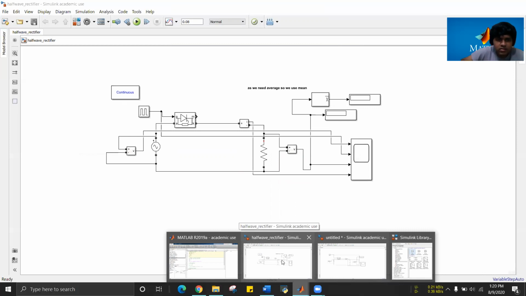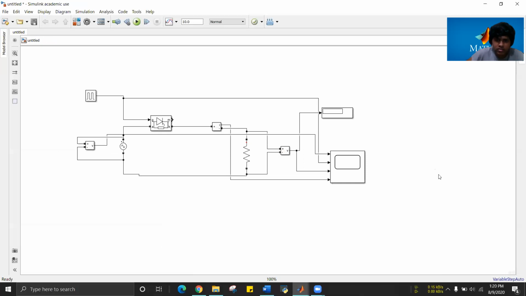So this is what I've already done. First feed is from before the AC source, the voltage measurement that we have. Second feed comes from the pulse generator. Third feed is from the output, and fourth is from the current measurement. So yes, we are almost done here. So now we'll just try to simulate it. When you're simulating, just press this run button. So the simulation will automatically start.